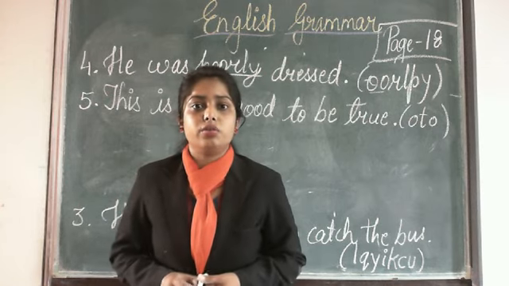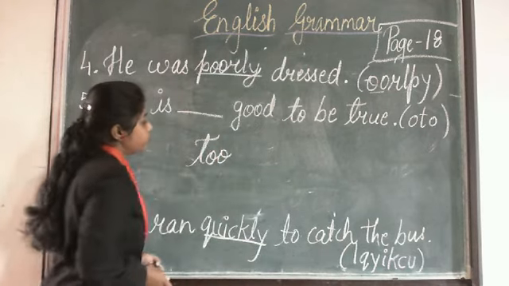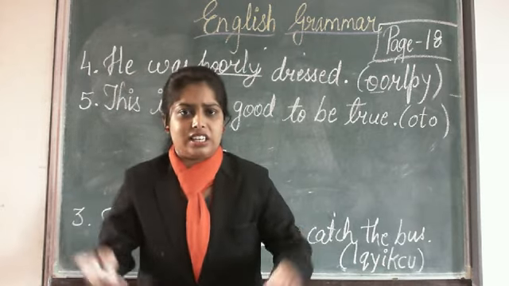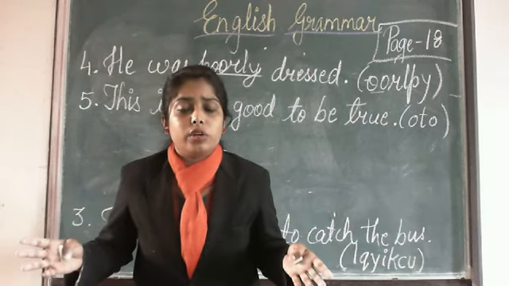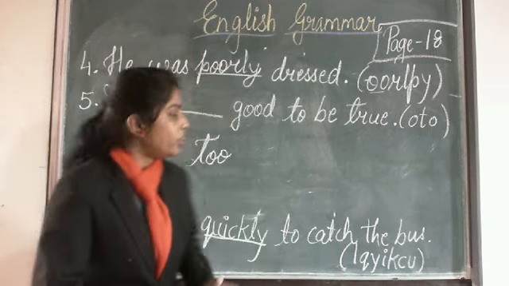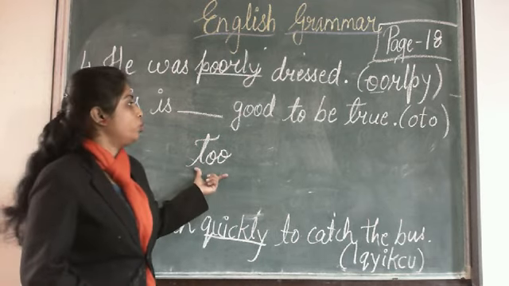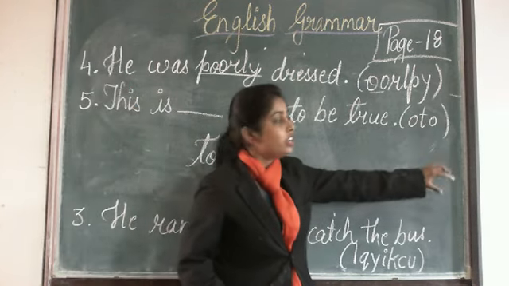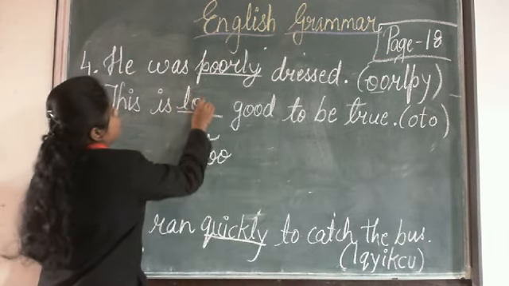So what adverb do we use? We use the adverb too, T-O-O. Like the tea is too hot. The weather is too cold. We use this adverb too, T-O-O. T-O is different. T-O-O. Okay, so can we make T-O-O with these set of letters? Of course, we can see that, right? T is there and two O's are there. So yes. So this is too good to be true.